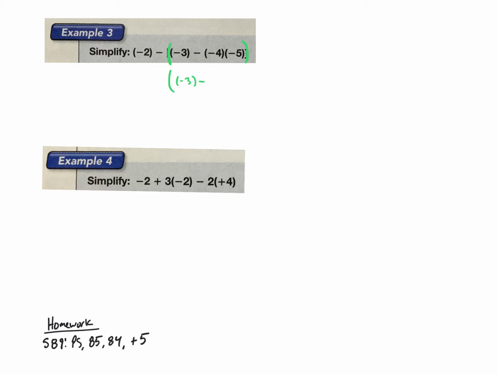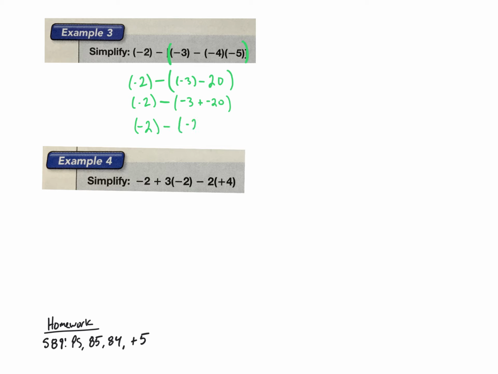They're the same sign, so it comes out to be a positive 20. And then minus, this is negative 2 minus that. So still working inside these parentheses. Negative 2 minus, I'm going to write it like this, negative 3 plus the negative 20, right? Adding the opposite. Those have the same sign, so it's going to be negative 2